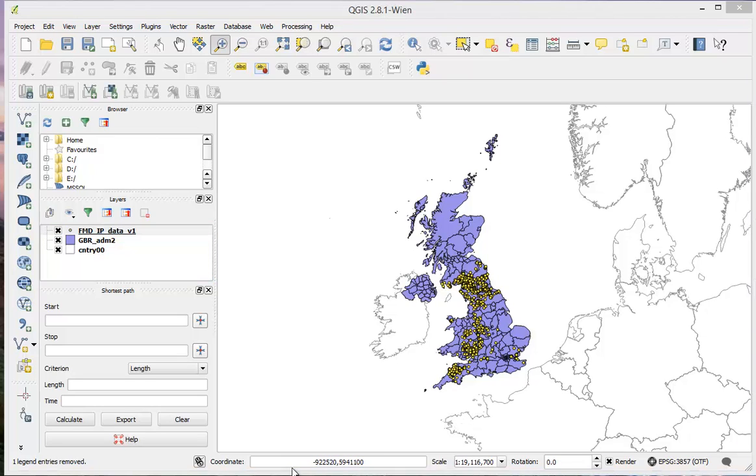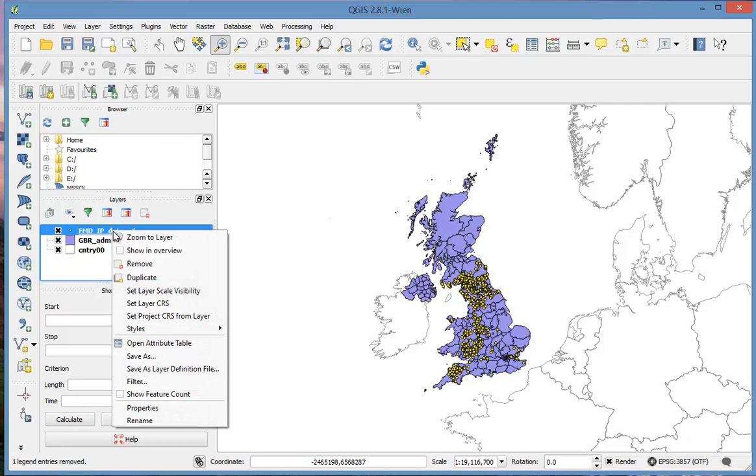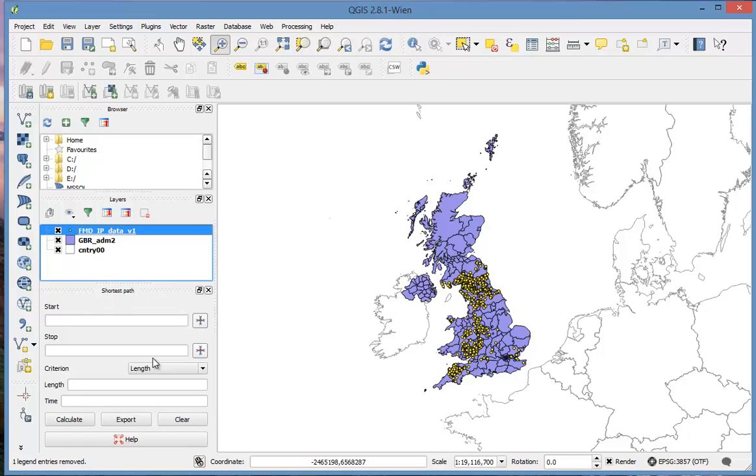And the next thing that we're up to is exporting both the county polygon file and the IP point file in this new projected coordinates reference system, WGS pseudo-Mercator. And that's just so that when we run a points in polygons analysis, everything's in the same coordinate reference system. So first thing, right click on the points layer, select Save As,